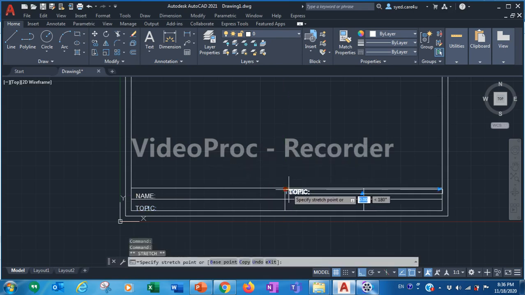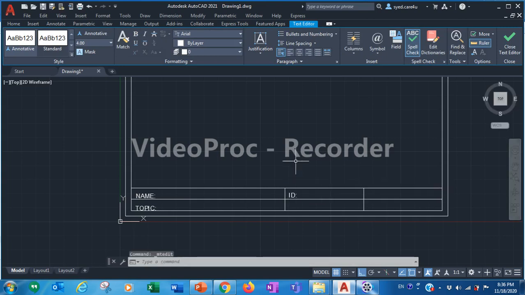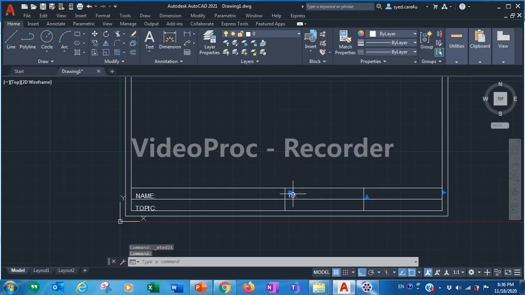From here you can again go a little right side or anywhere you want. Double click here to edit it. So this is the ID number block. Now again copy this, Ctrl C, Ctrl V, copy it here.